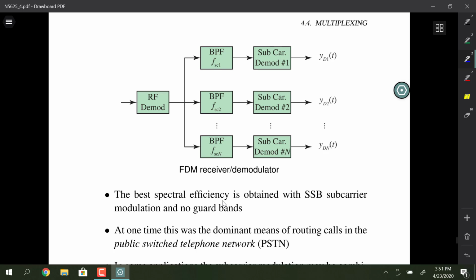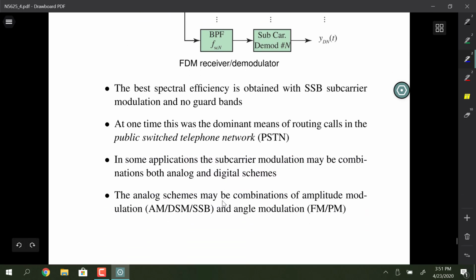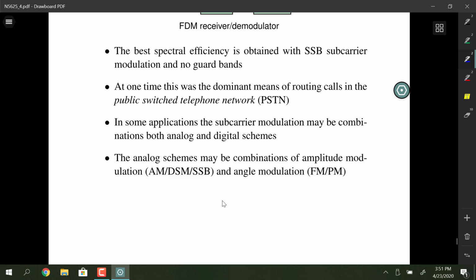And the modulation schemes are just a mixture of whatever you feel is appropriate. The RF demodulator might be FM, subcarrier demods 1, 2, and 3 might be amplitude modulation or single sideband or something like that. In the earlier days of wired telephony, single sideband was what was used for the subcarrier modulation, and that is what you played with in project number 1. So that was kind of a simplistic version of what was done in wired telephony, where you'd put all the individual messages up on subcarriers